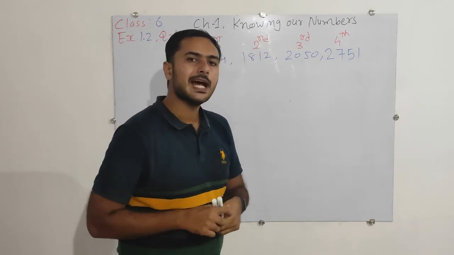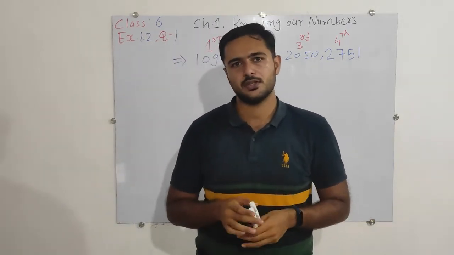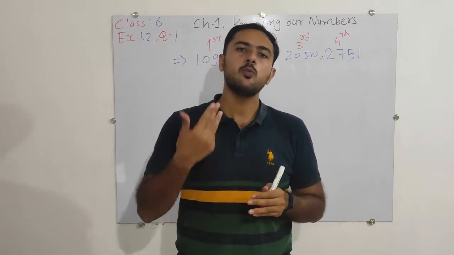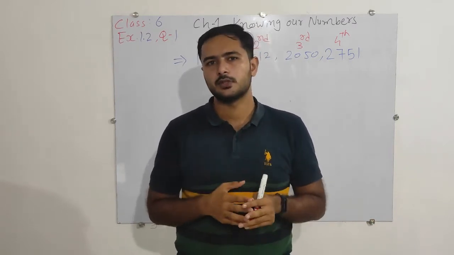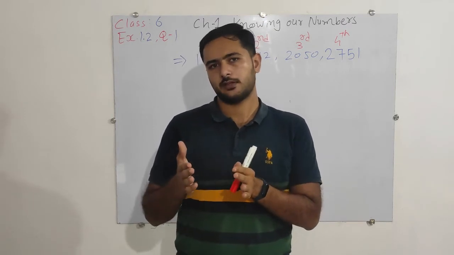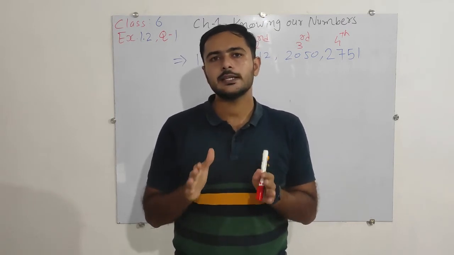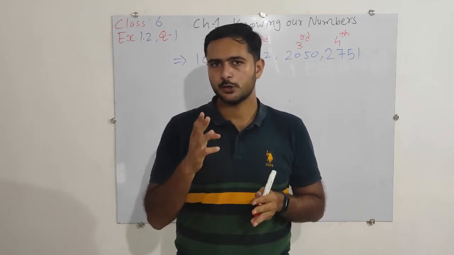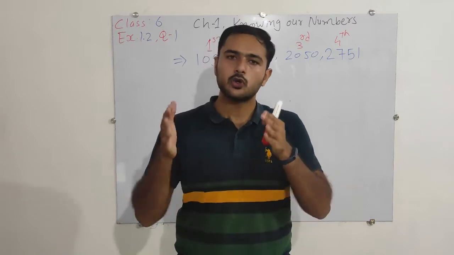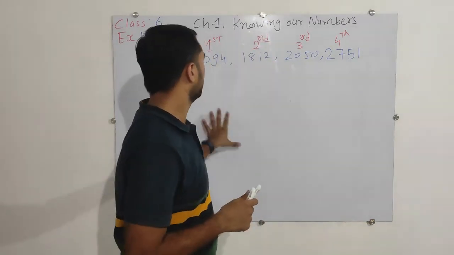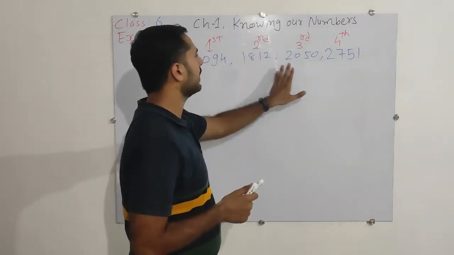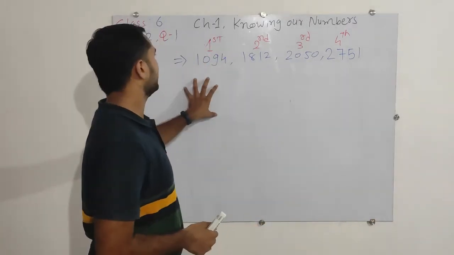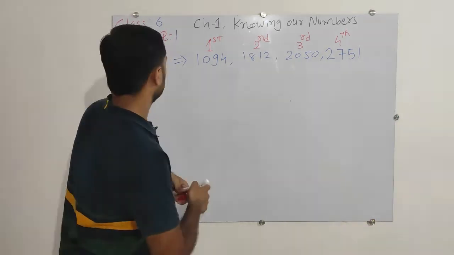Now let me ask you a simple question. Suppose you purchase 1 ticket today, and tomorrow you purchase 2 tickets. At the end of tomorrow, how many total tickets do you have? That's 3, because 1 and 2 make 3. So the same thing we will do here. Here we have different numbers for all the 4 days. These are the quantities.